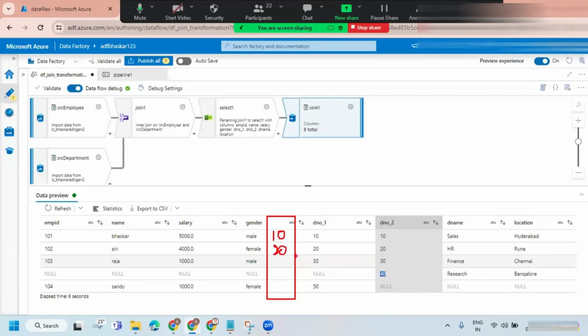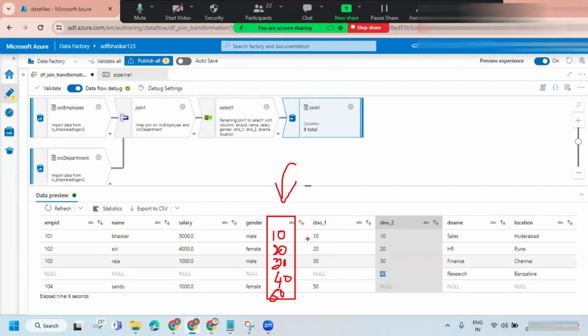And here I have a 20. You just show that. And here I have a 30. You just show 30. But here I have a null. If department number 1 is null, then I wanted to take the department number 40. So 40, I wanted to keep it here. And if it is not null, then 50, I'm going to take it here as it is. So this one I wanted to define.